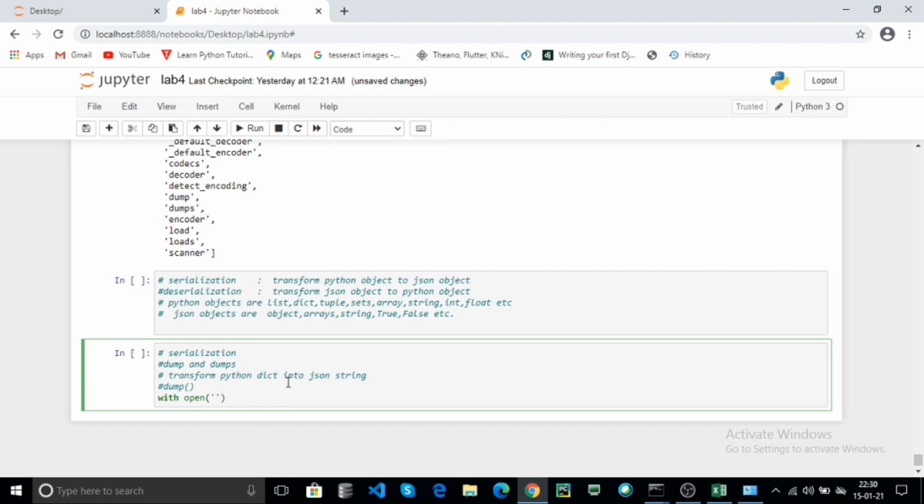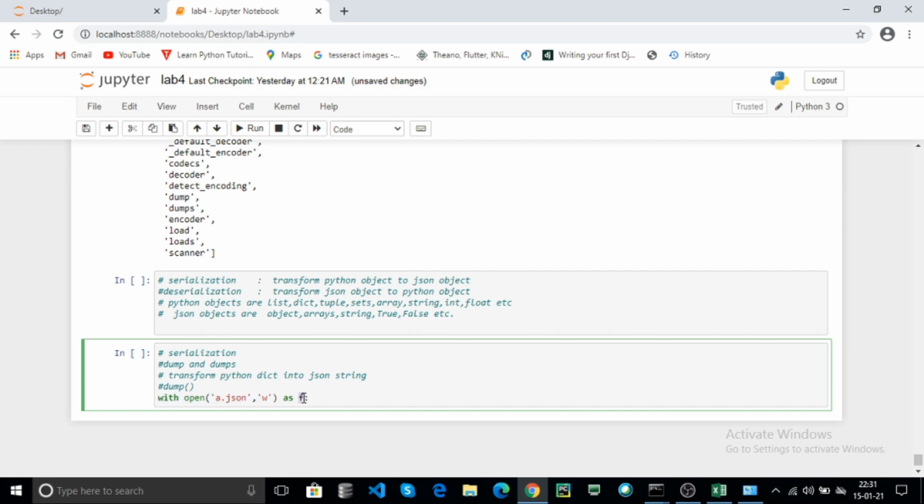You can use any file name with the extension json, for example a.json. Now pass the mode, write mode, with the file name. This statement opens a.json and writes some data.